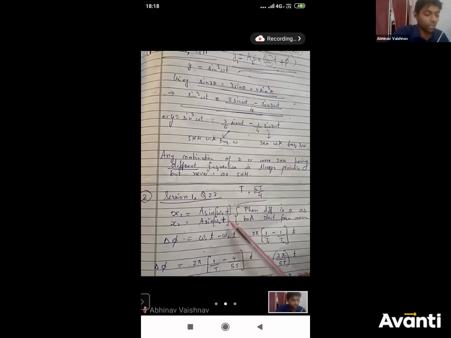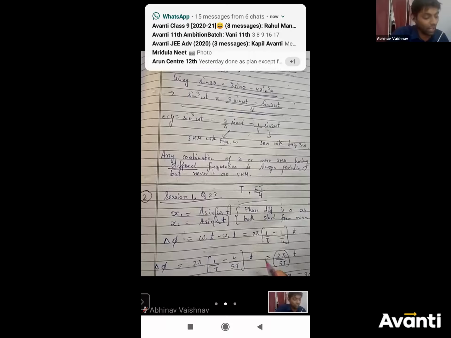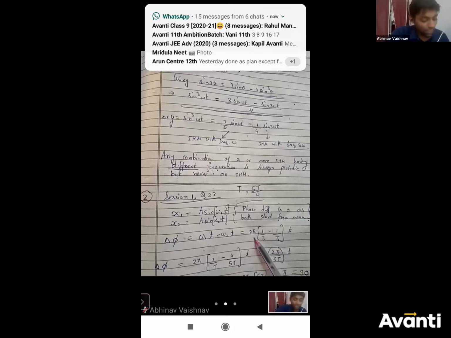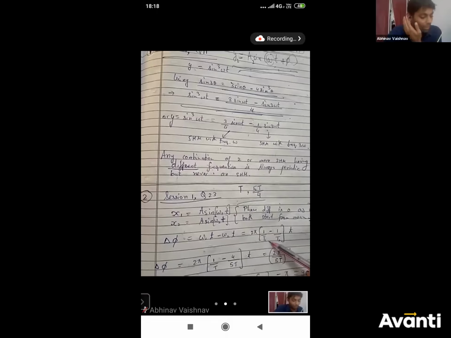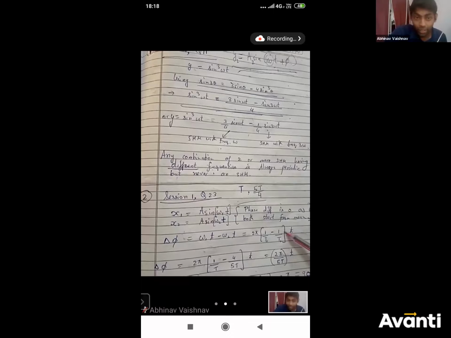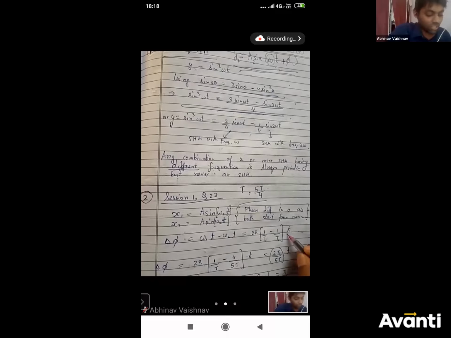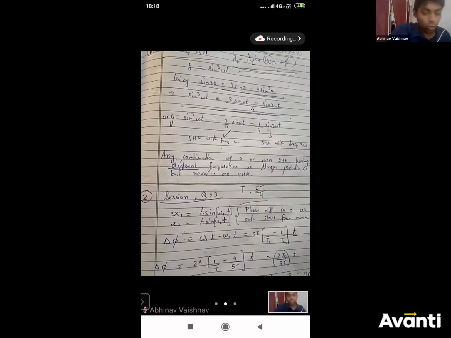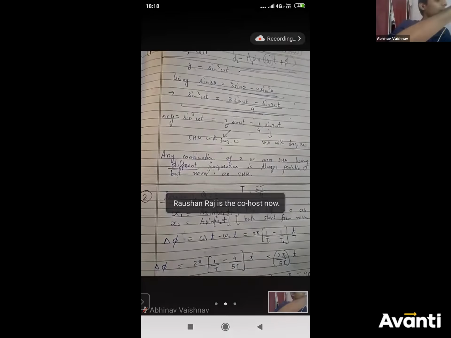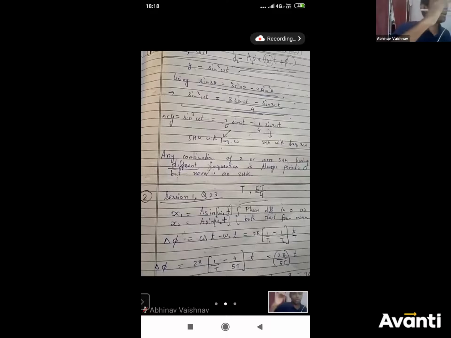So omega 1 t minus omega 2 t, which is, how can we write omega? Omega को लिख देंगे 2 pi by T. So this becomes 2 pi times (1 by T1 minus 1 by T2) times t. All right, so this is the phase difference between them. As we can see here, the phase difference depends on the time. The phase difference is not constant. जब अपन ने पहले same frequency वाले पढ़े थे, the phase difference did not depend on the time, but here it depends on the time.